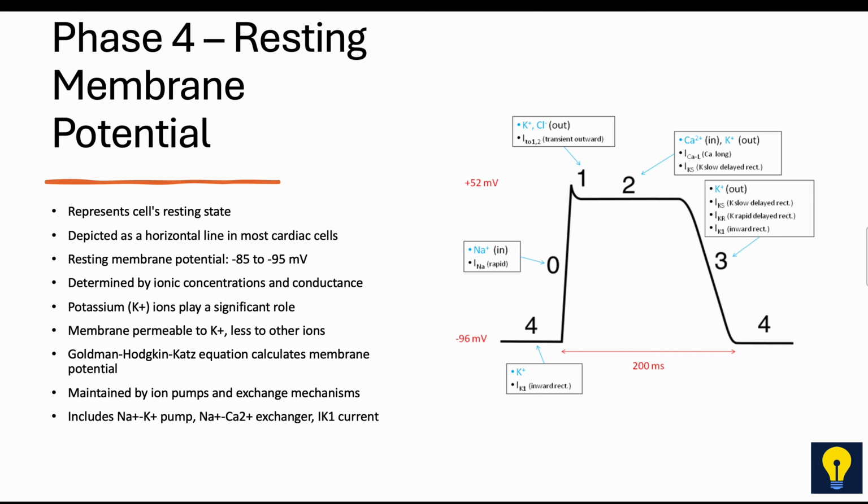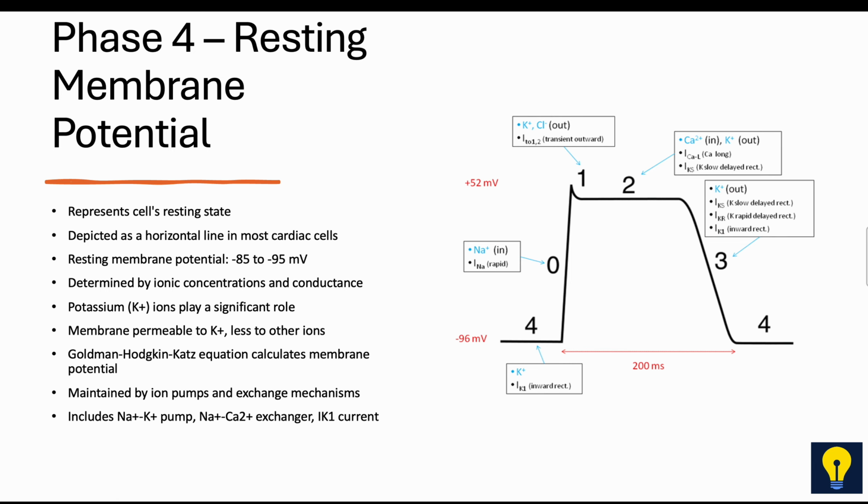The resting membrane potential is primarily determined by the difference in ionic concentrations and conductances across the cell membrane. In the ventricular myocardium, the normal resting membrane potential ranges from approximately minus 85 to minus 95 millivolts. This potential is largely influenced by the selective permeability of the cell membrane to various ions, particularly potassium ions. The membrane is highly permeable to potassium ions and relatively impermeable to other ions, resulting in a higher concentration of